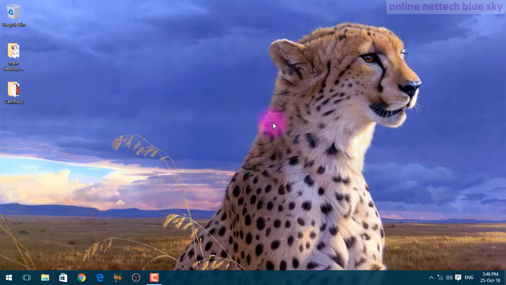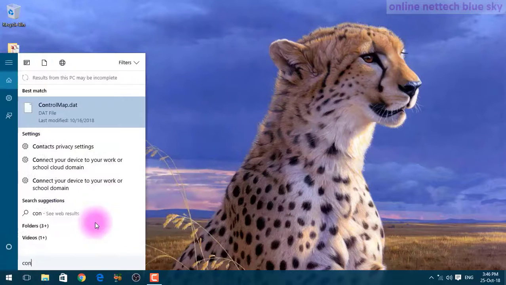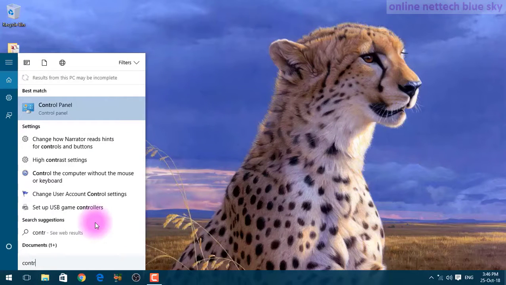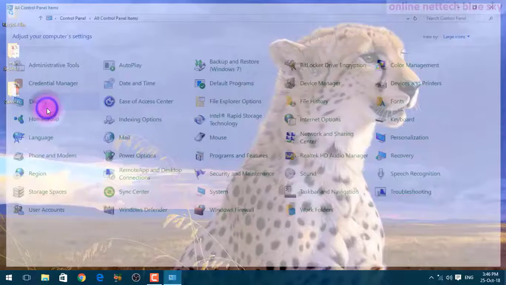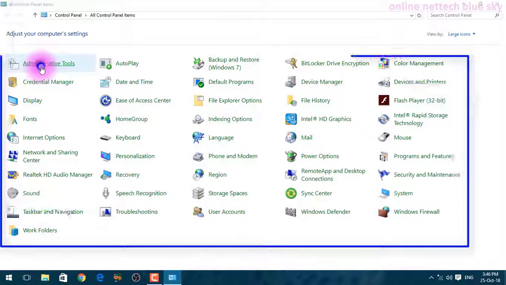Why Windows operating system gives this technology, and why use it in systems, backup options here. So first you open Control Panel from here, and you can see it open here. So I'm in Control Panel, and you can see the Control Panel options showing here. In Windows 7, these backup options are the same here.